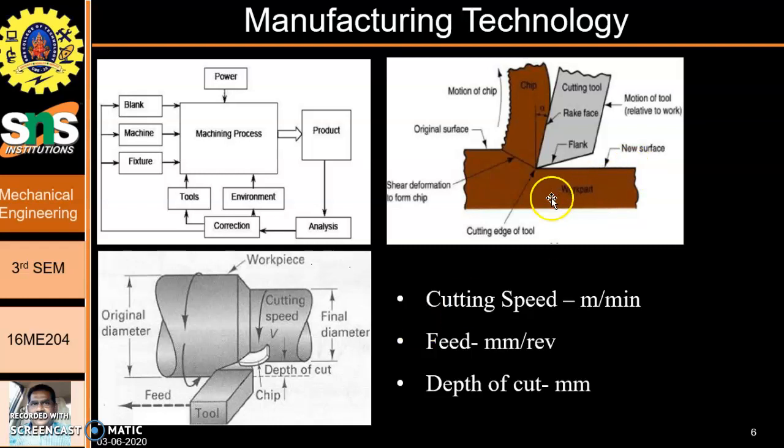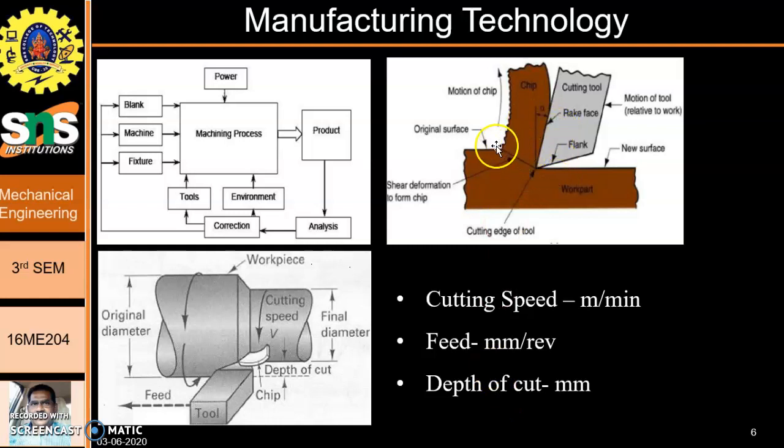Now you see here, the cutting tool is shown here, and then the machining process is really shown here. Well, it requires a cutting speed which is measured in meters per minute, and a feed which is measured in per revolution of the part. And the depth of cut is the amount of push that has been given onto the tool into the work material,